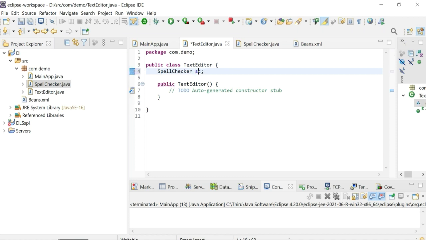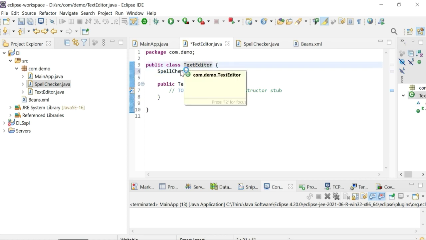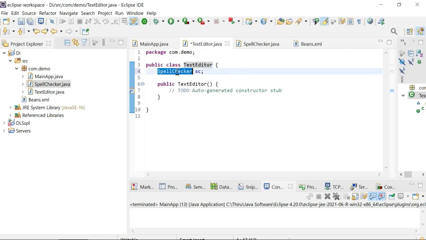Alright, so we created three Java classes. One is main app, and the other two classes are text editor and spell checker. Spell checker is dependent on the text editor, so in the text editor we create the reference object for the spell checker class.